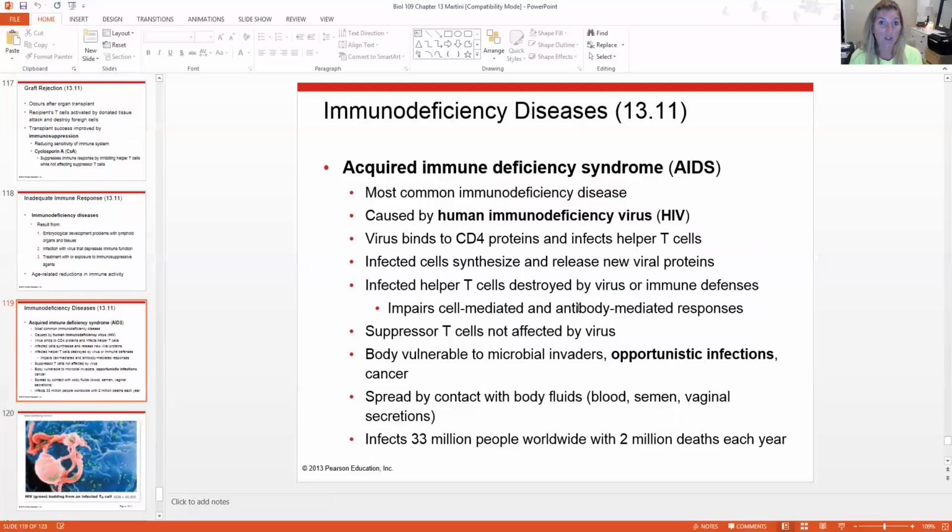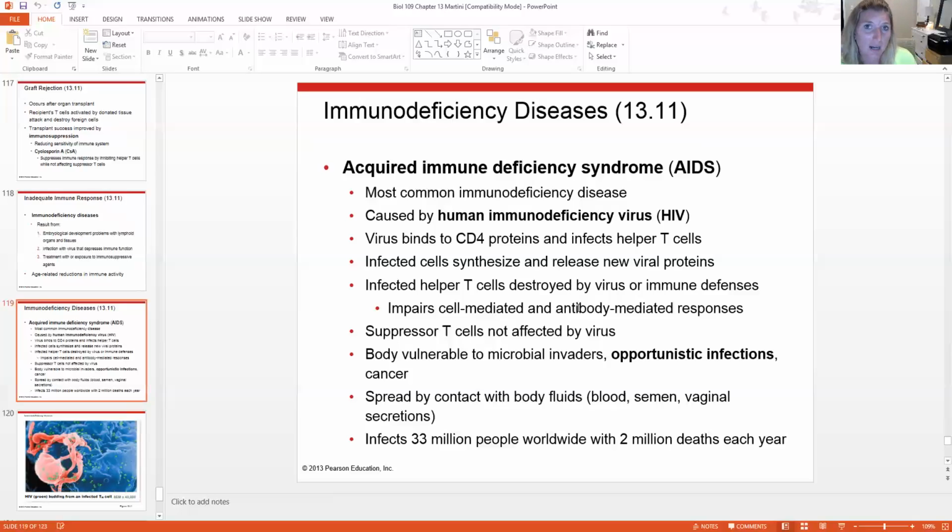So let's talk about AIDS. Acquired immunodeficiency syndrome. It's the most common immunodeficiency disease. It's caused by the human immunodeficiency virus, HIV. The virus is going to bind to special CD4 proteins and infect our helper T cells. So those infected cells will actually synthesize and release new proteins, and they will be destroyed by the virus and the immune defenses. So it basically impairs our cell-mediated and antibody-mediated responses. The suppressor T cells are not affected by the virus, but